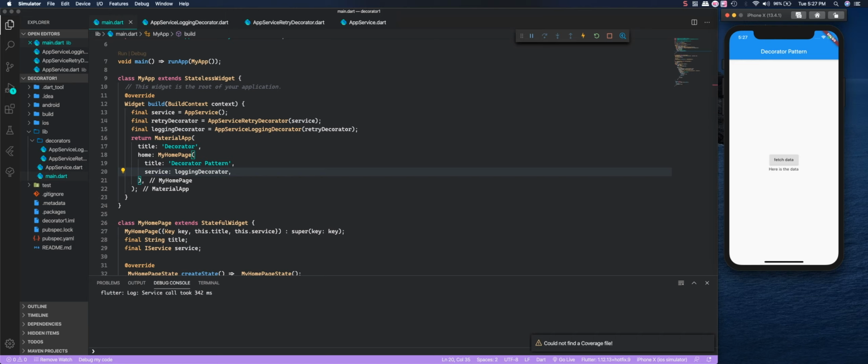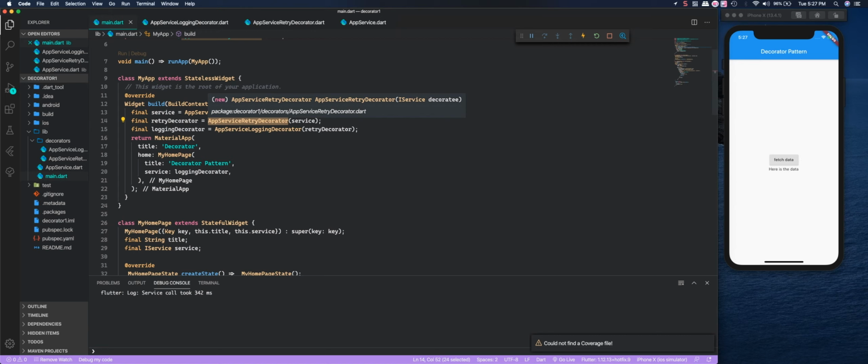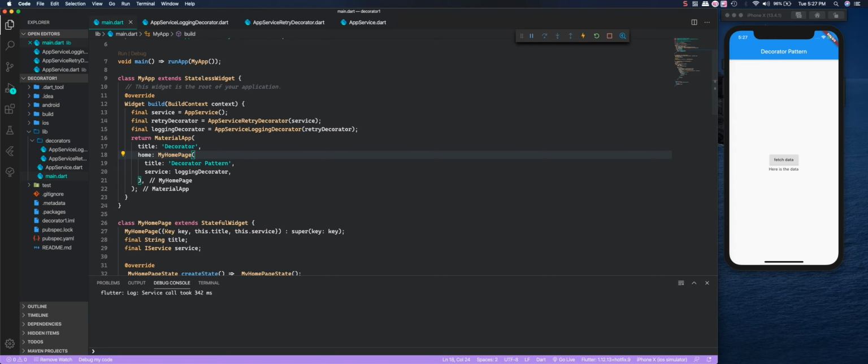Now the manner in which we compose the decorators determines how they are executed. So if I had composed it in such a way where the logging decorator is injected into the retry decorator, then what would happen is that every time there's a retry, it would log that information. But I did not want to log the information every time there's a retry. I only wanted to log the information to see how long the network call takes. So that is the decorator pattern,